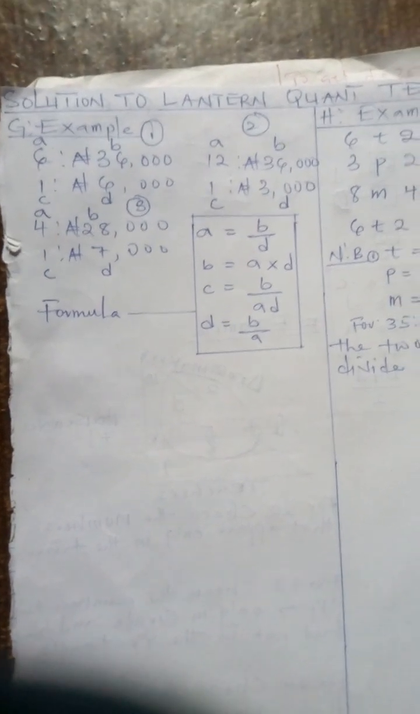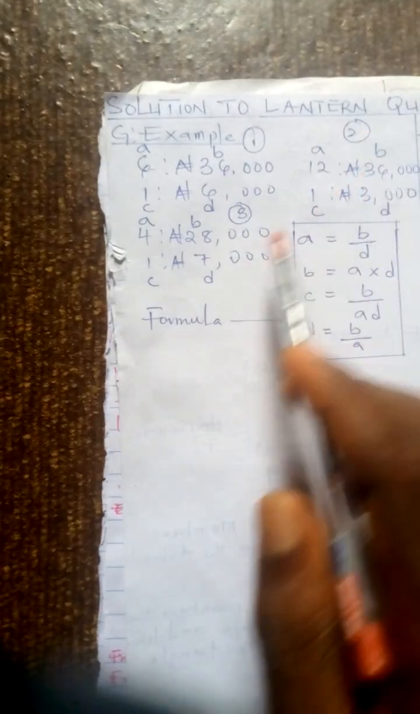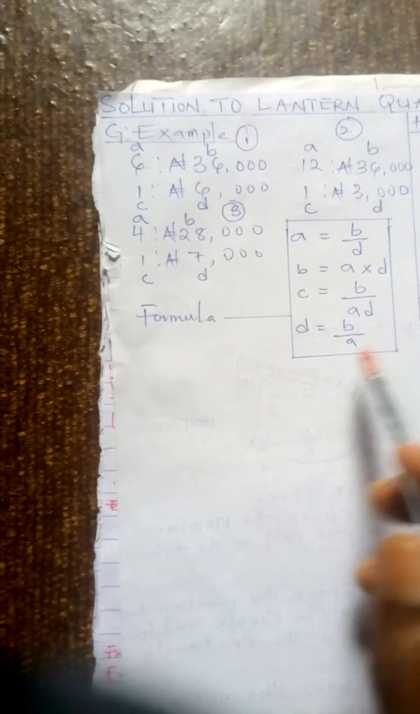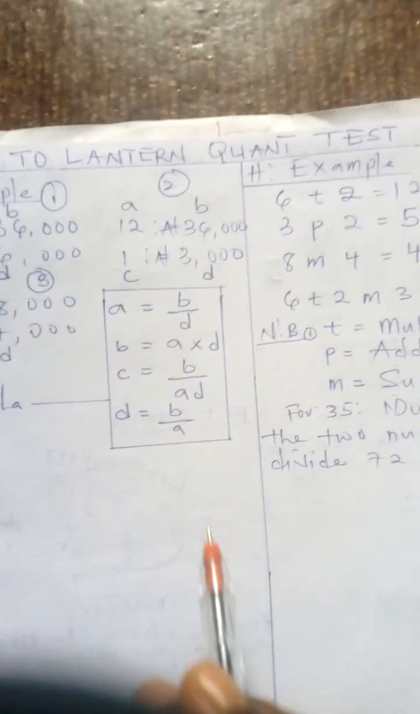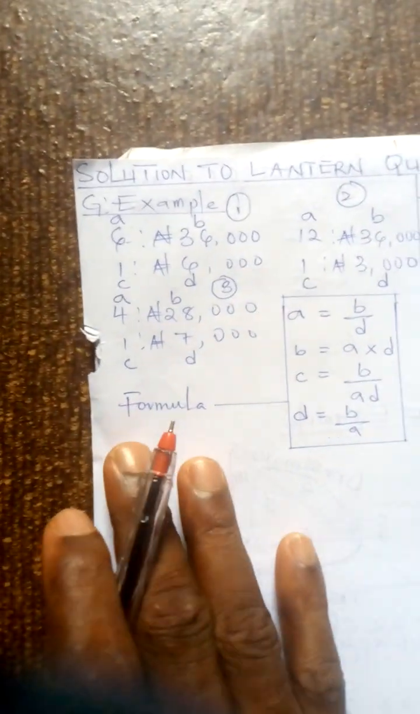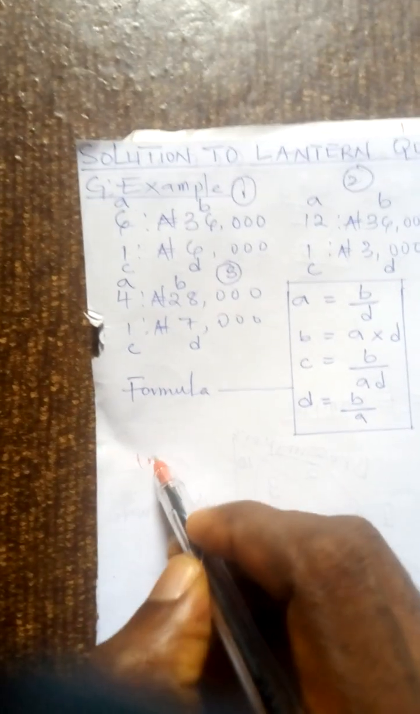Okay, without further ado, let's look at the solution to Lantern Quants. We are in test 6, G and H. So we have the letters well labeled A, B, C and the formulas from A to D. So we want to start looking at how to use these formulas to solve these problems. All right, let's start with the first one, which is that use in